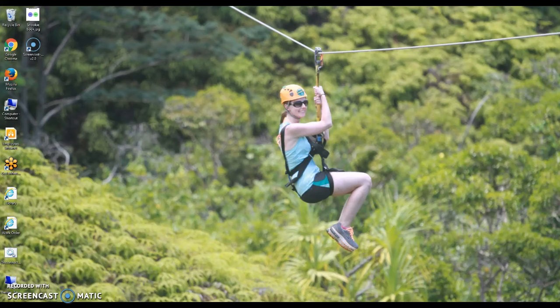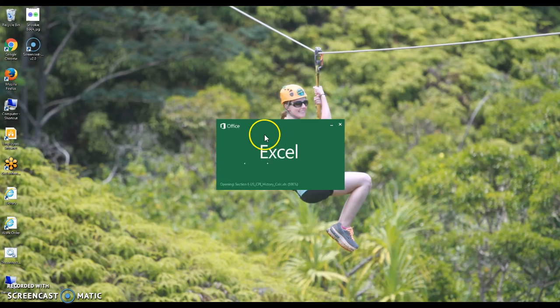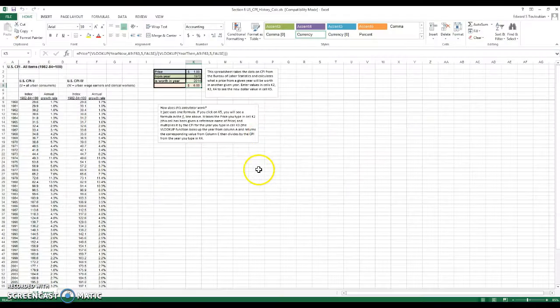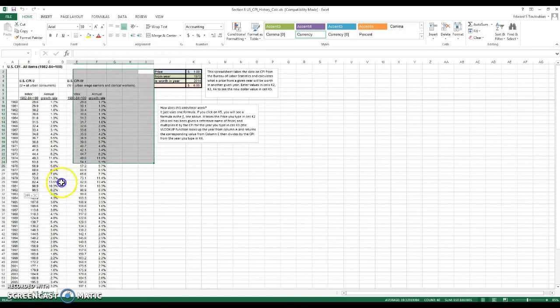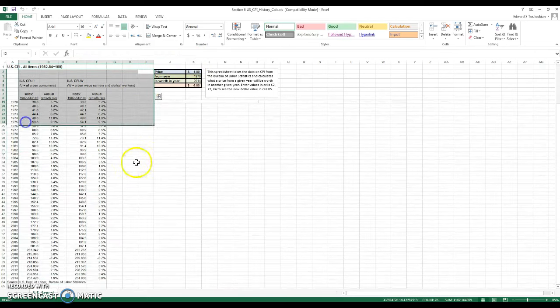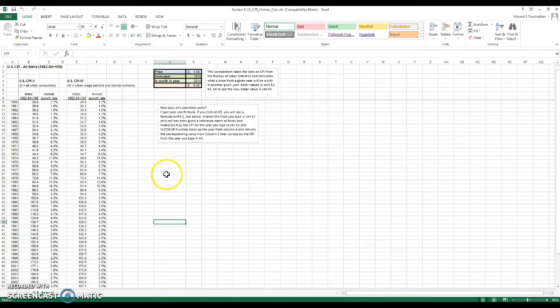Okay, so we're going to talk about the Section 6 CPI assignment. First thing I want to open up is the spreadsheet. So we'll go to Excel, and we open up the Excel spreadsheet that is attached here. So here's the CPI calculator, and how it works is you do not type in any of these cells. Leave those cells alone. Go up to this top little box and put in the price of what your item